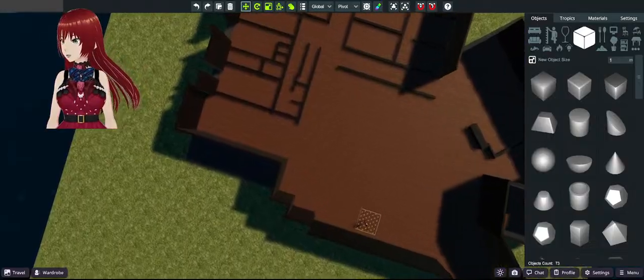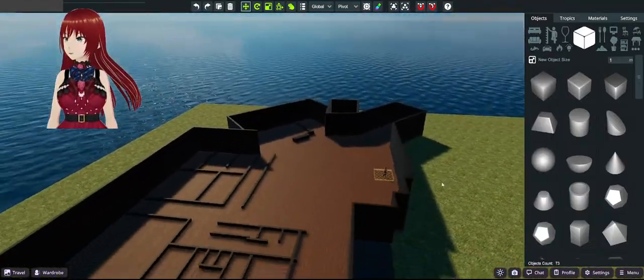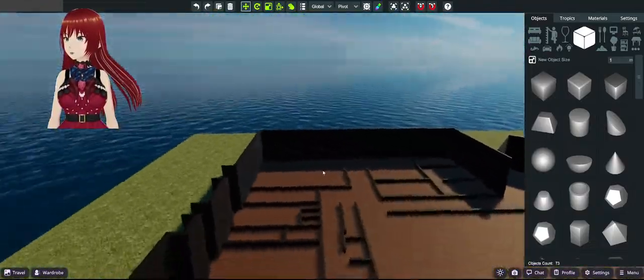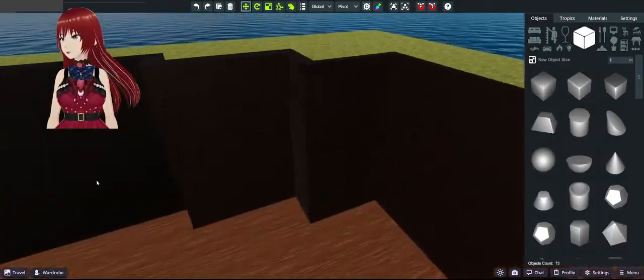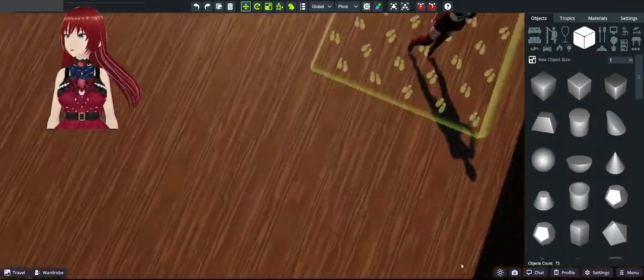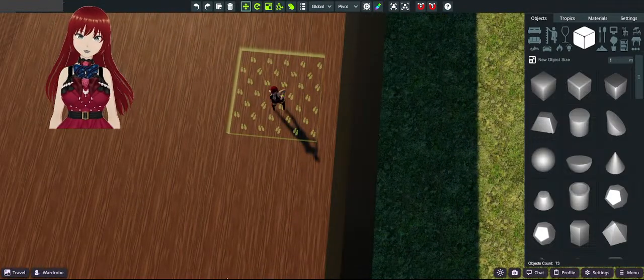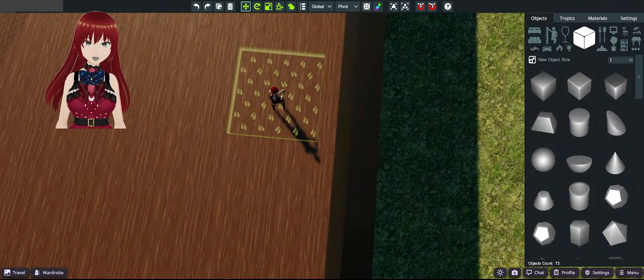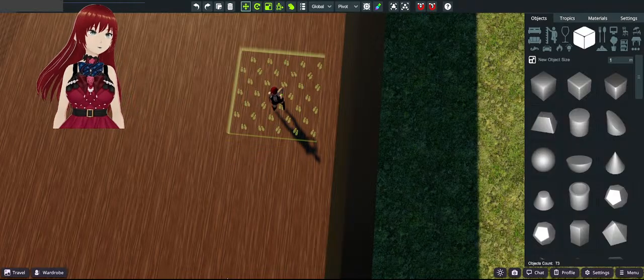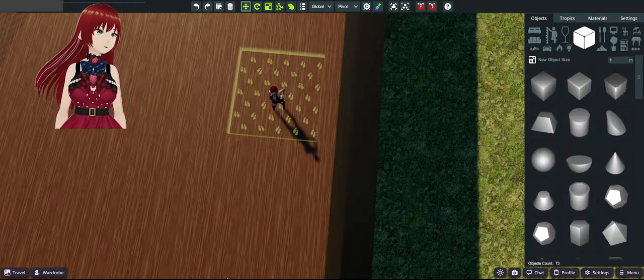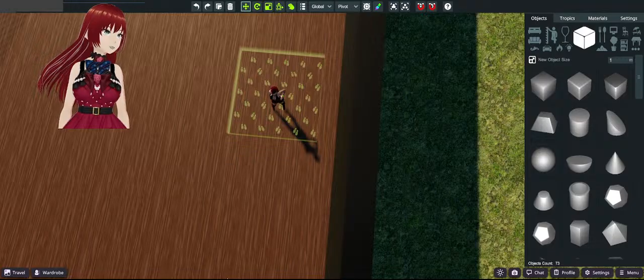As you can see, I already have the walls up. A little thick. I'll probably make them a little thinner, if you can tell, with my little avatar next to these walls. I mean, sure, outside walls are pretty thick, right? But I don't think they're that thick. So, with that being said,